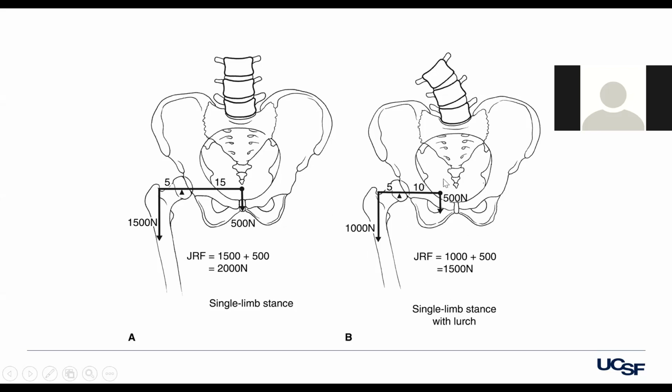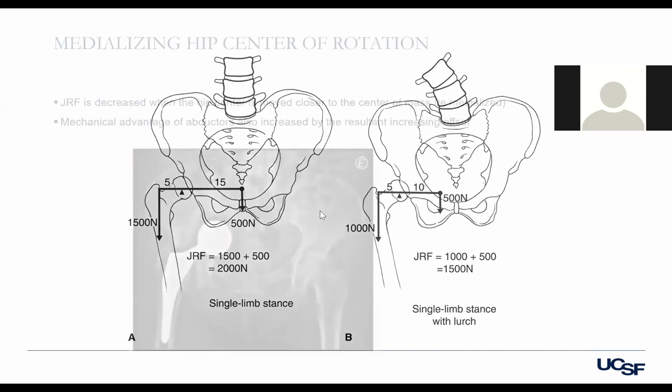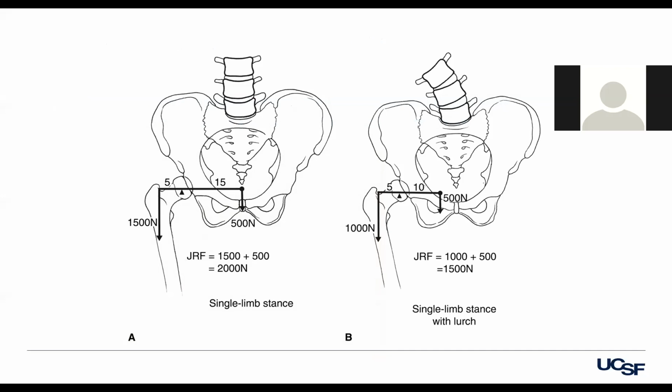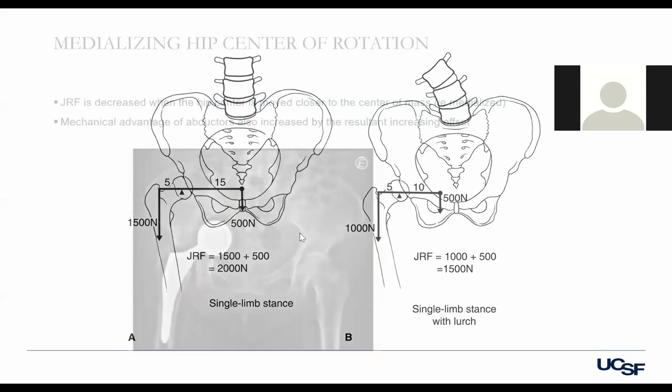So really important to know these diagrams. They're almost on every in-service training exam and on the boards consistently is some variation of this diagram. So being able to just quickly do the math on these is good. Now, where that comes into play in joints is kind of medializing the hip center of rotation. You can imagine that you can either move the body weight closer to the joint center, or you can move the joint center closer to that body weight number, and both are going to accomplish the same goal. So in joints,